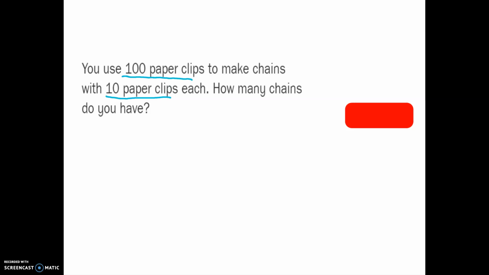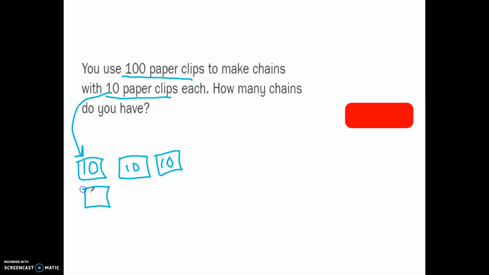And, you know, I could do tally marks, but I'm thinking that could be a lot of tally marks. But there's something else I could do. I could just do groups of 10 because I know there has to be 10 paper clips. So there's a chain that's got 10. This has 10. This one has 10 and 10. And I'm going to just count as I go. That's 10, 20, 30, 40. That's going to be 50,